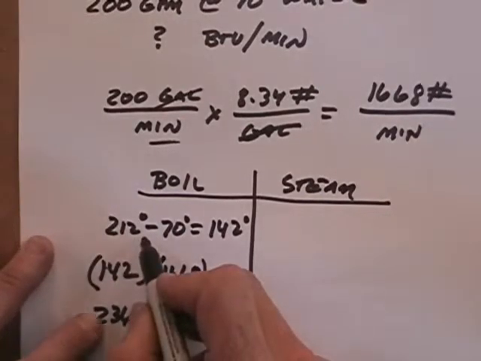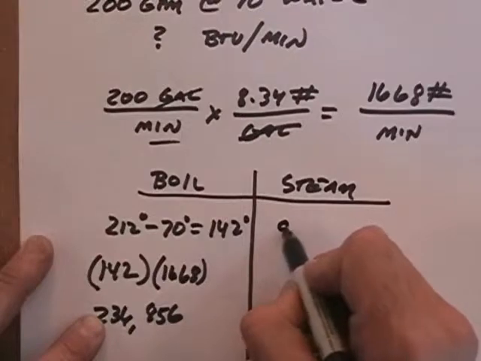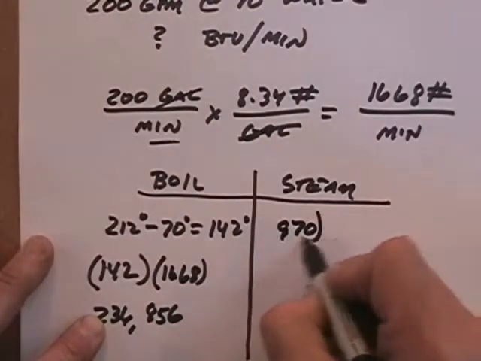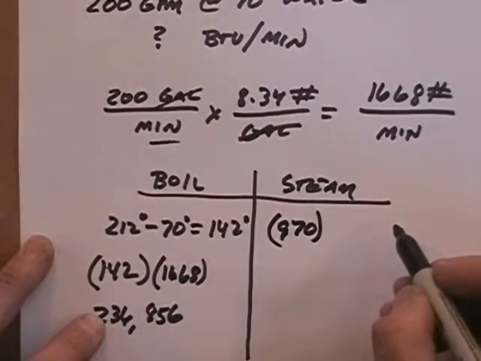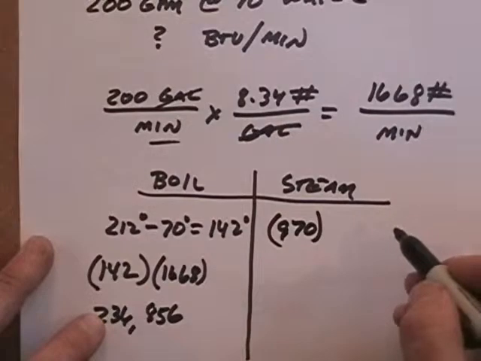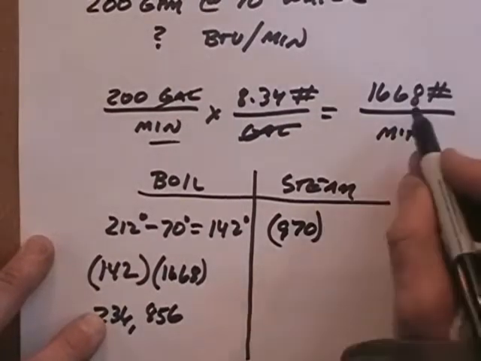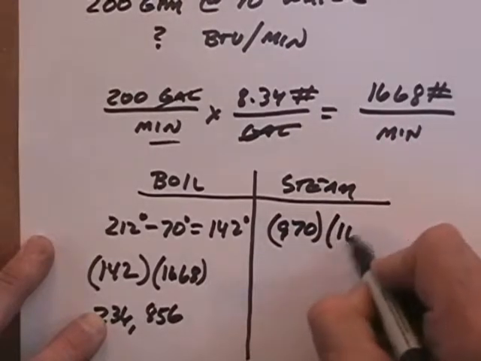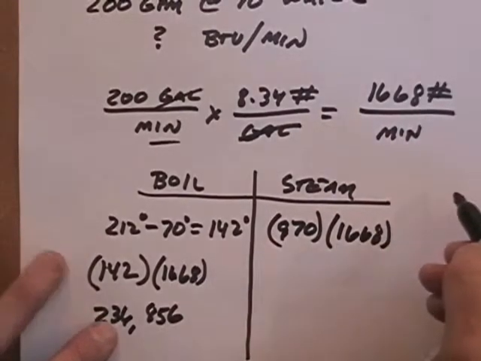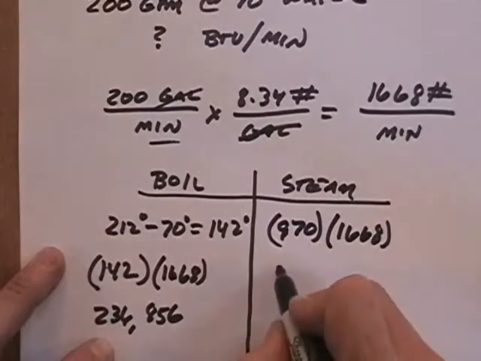But we know that's only half of it, because there's also an additional 970 BTUs, which is a given, for every pound of water we raise after that to convert it to steam and vaporize it. So if we take 970 times our 1,668, that's going to give us a total of